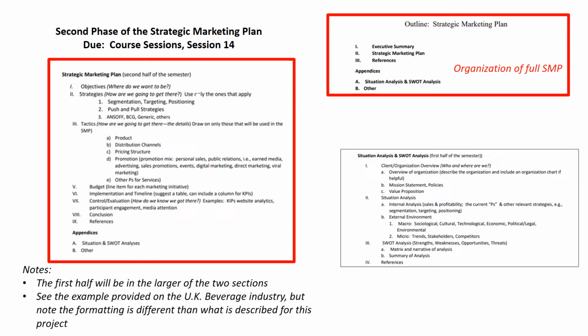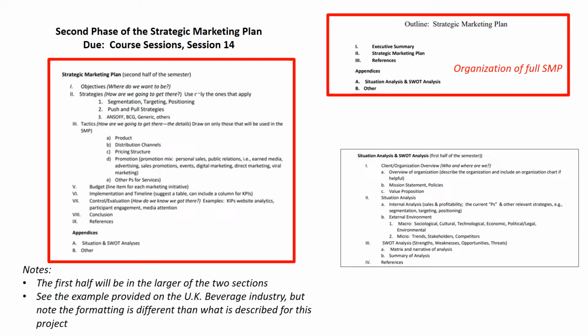You begin looking at strategies first in terms of segmenting the market, deciding on your targets, and then determining how you will position your product or service within those markets. The Ansoff, BCG, or Porter's competitive strategy models may be useful at this stage of the plan. We are going to discuss them separately in a few minutes. The decisions you make about the marketing mix in any strategy will include a mix of both push and pull